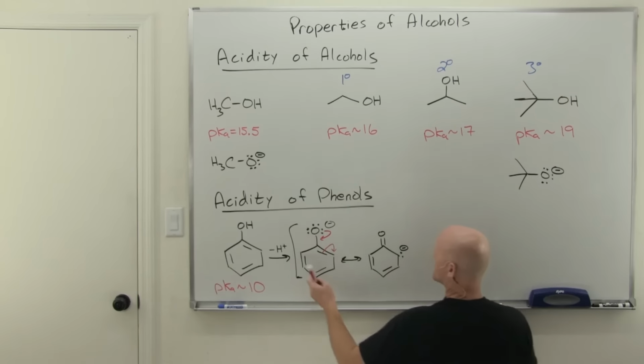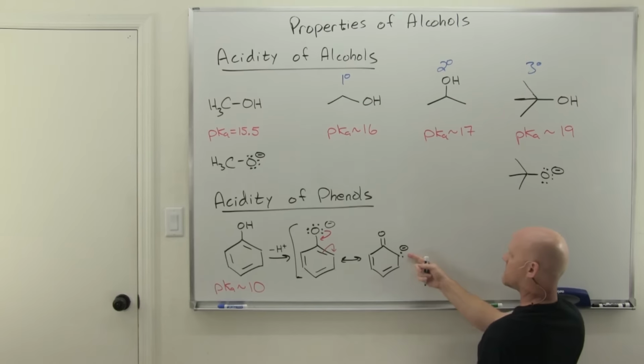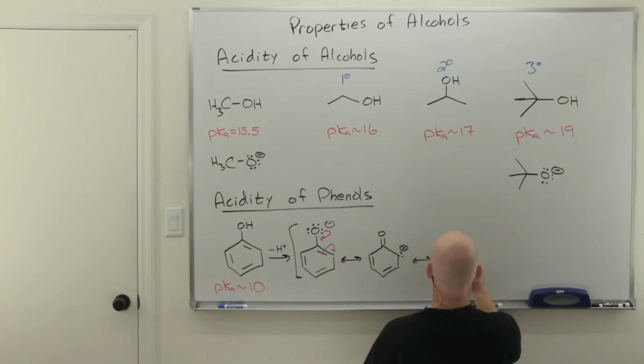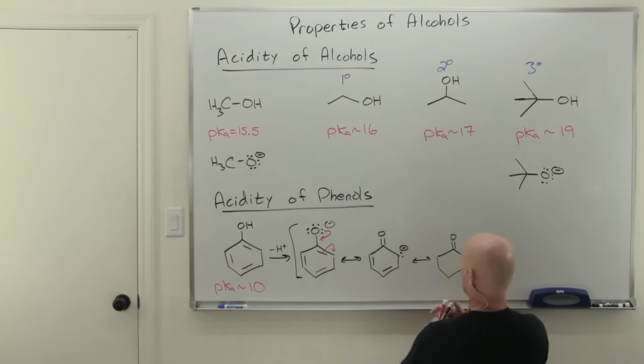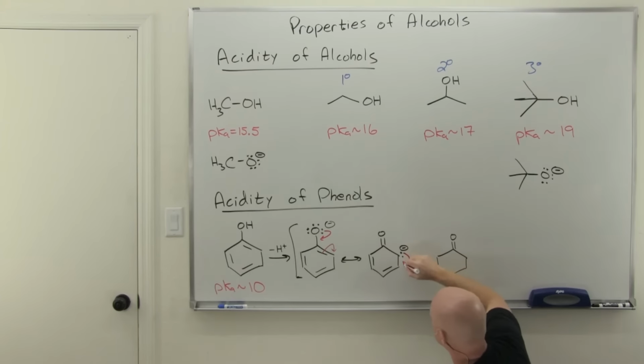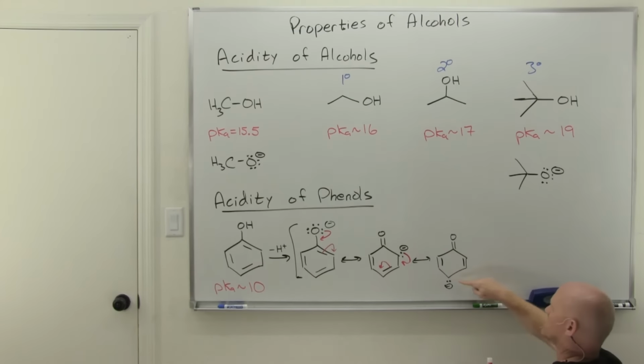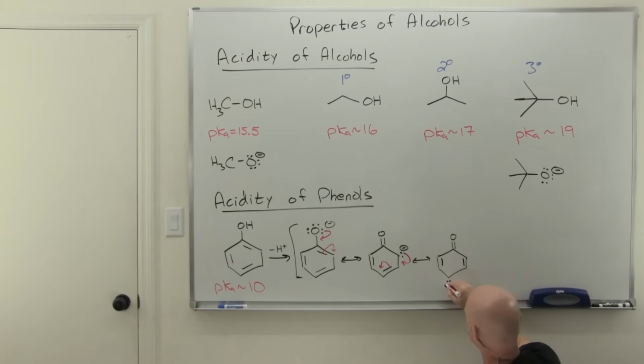So that negative charge is not only on the oxygen, it's shared on this carbon right here, and on this carbon right here as well, and then finally,